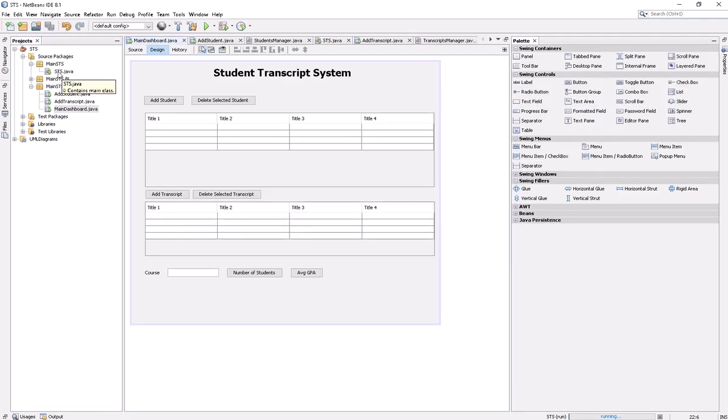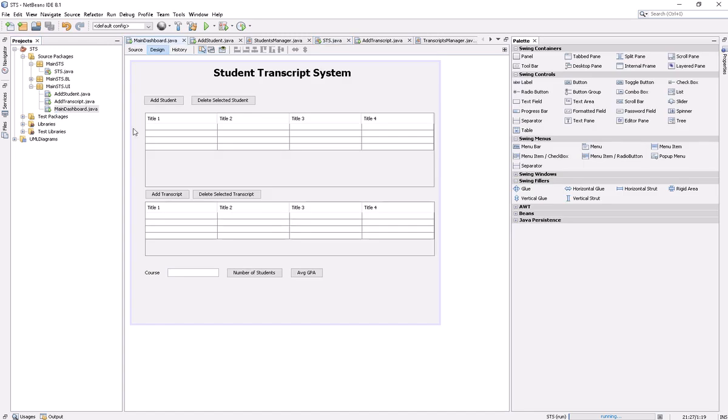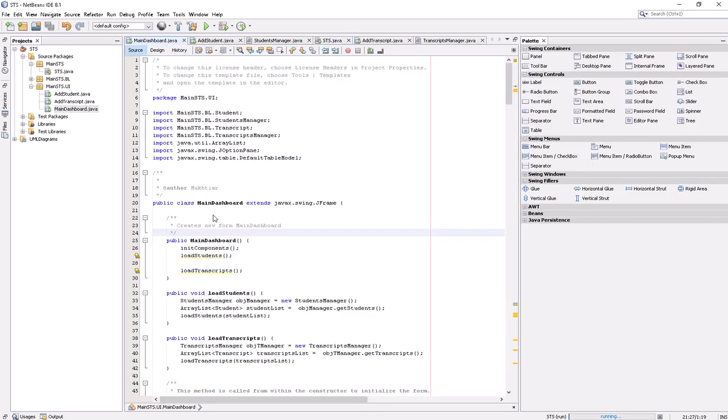We say new main dashboard dot set visible true, so I am creating the object and making it visible on the screen. When the object of this class is created, the constructor is called, and inside the constructor it initializes its components, and then I am loading the student data and the transcript data inside the tables on this dashboard, which we can see here.